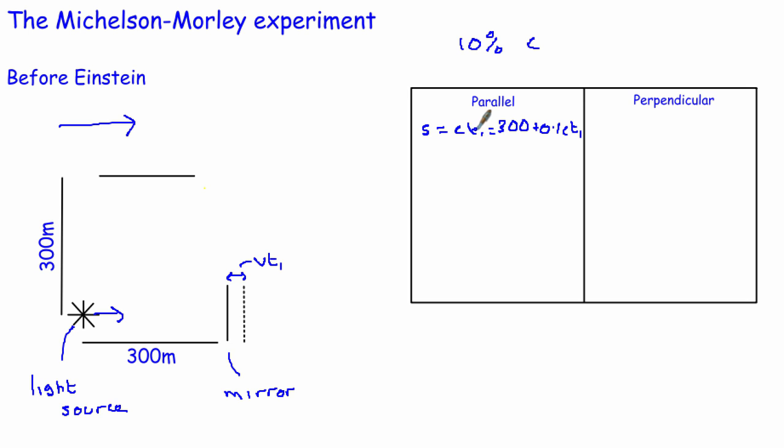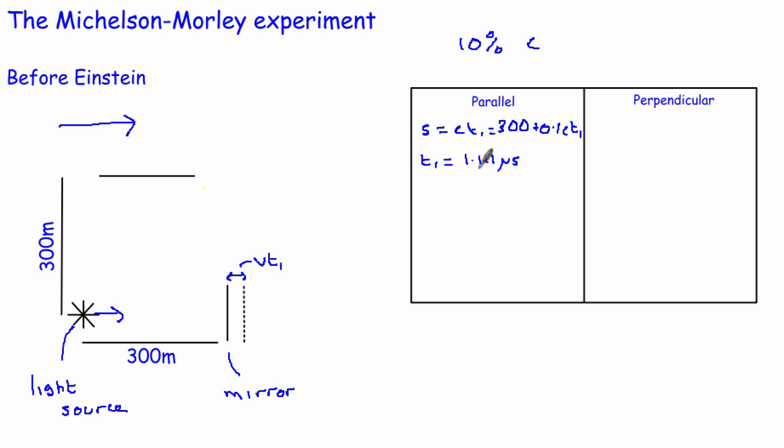So we've got c times t1. So the speed of light times t1 is equal to 300 plus 0.1 c times t1. And we can rearrange that. And if we put our numbers in, then we actually find that t1, which is the amount of time it takes to get from here to the mirror, and the mirror's moved a little bit, is equal to something like 1.111